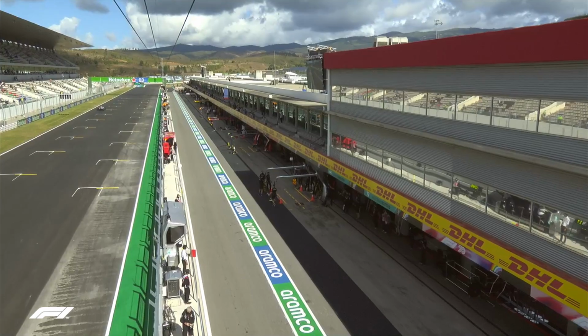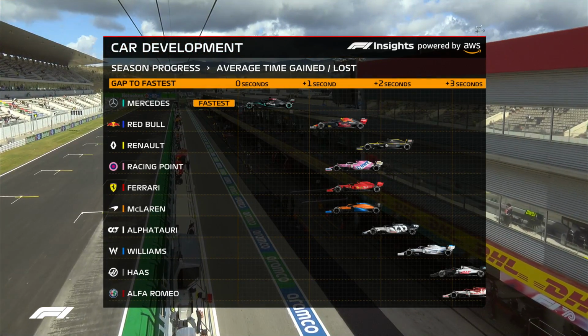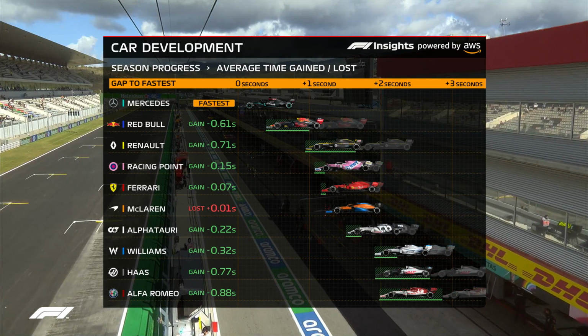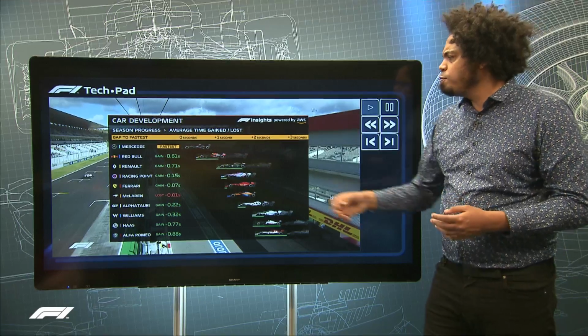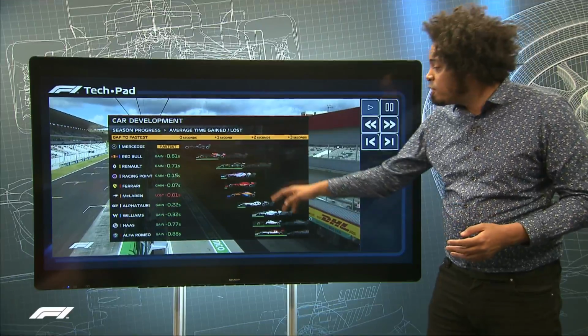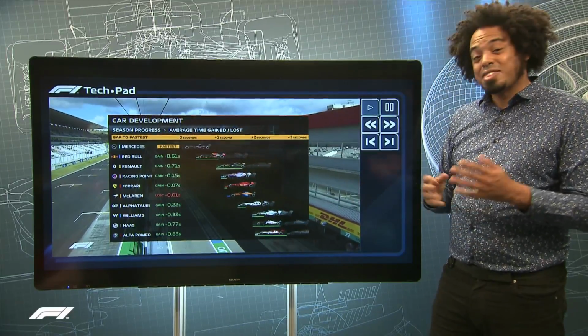So Ferrari's performance updates have been paying off, and we can see that by looking at data from the Eifel Grand Prix in Germany at the Nürburgring just a couple of weeks ago. Mercedes, of course, fastest car. They're the datum. They don't move forwards or backwards on this graph. But look, Red Bull have caught up a bit, so have Renault. Racing Point have caught up. But for the first time this season, Ferrari have started to catch up to Mercedes, and that's a big improvement